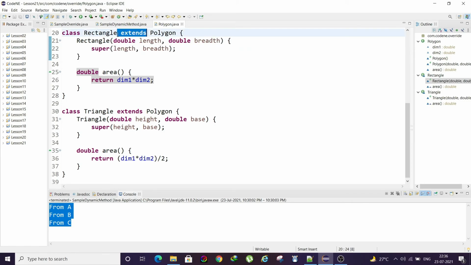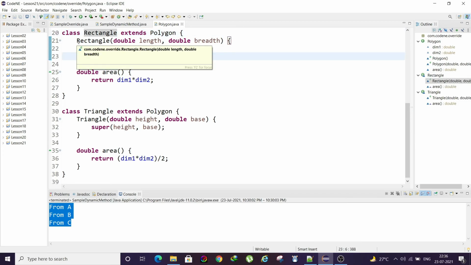You may think, okay, you can name the child class as polygon, but that will create an ambiguity. When you write polygon, which one will it refer to, the child or the parent? So that is also null and void, it will not be supported. So why is constructor overriding not supported?